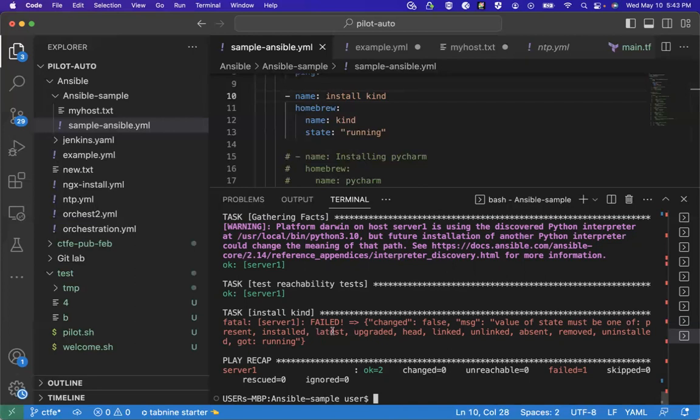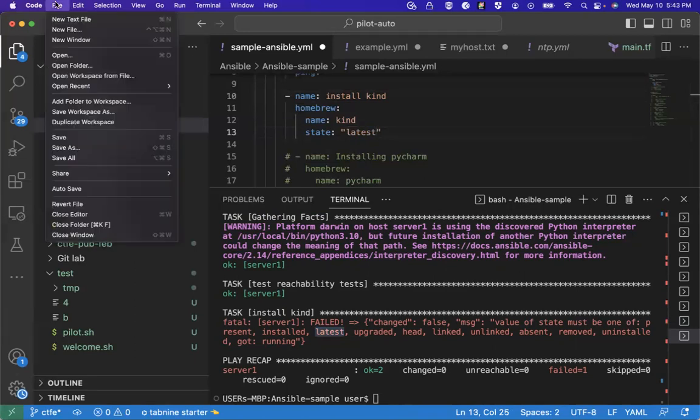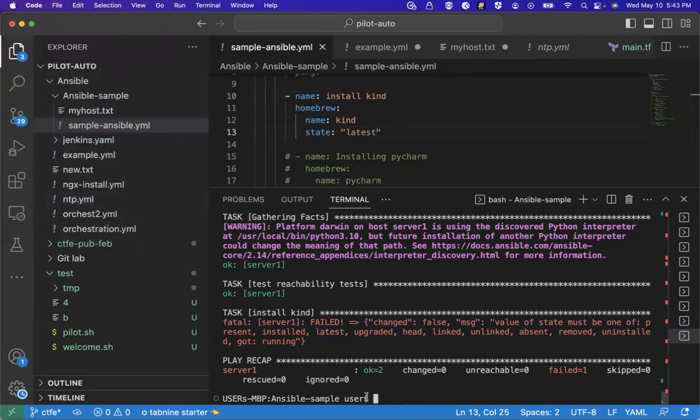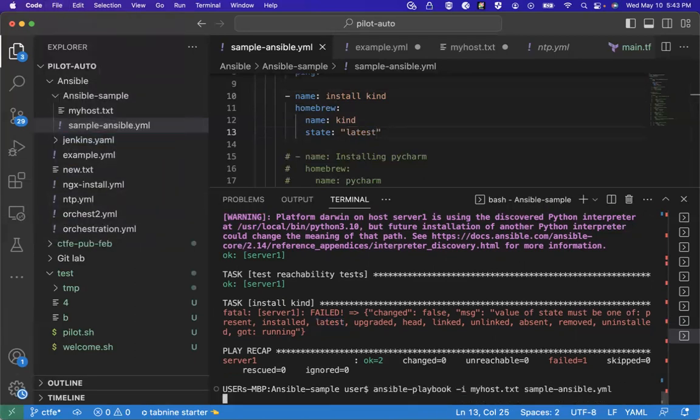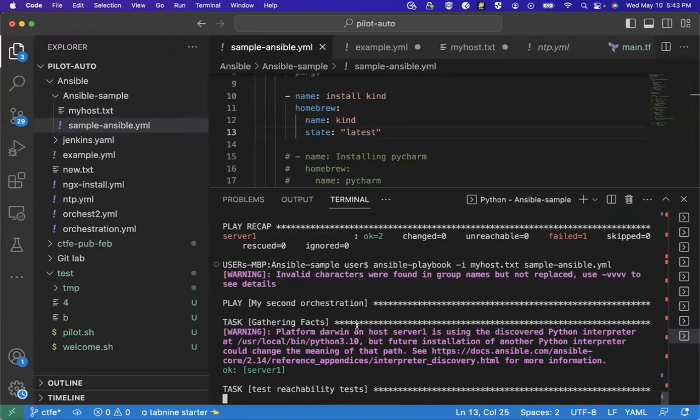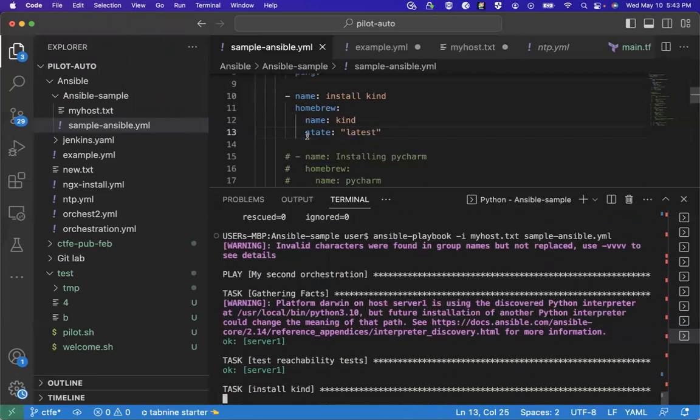Okay, let's use latest. Mostly that one is for services. Let's use this. So what Ansible first of all does, it first runs this state before it runs the application, because the state means check.